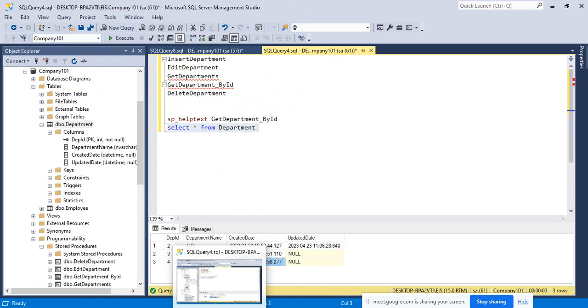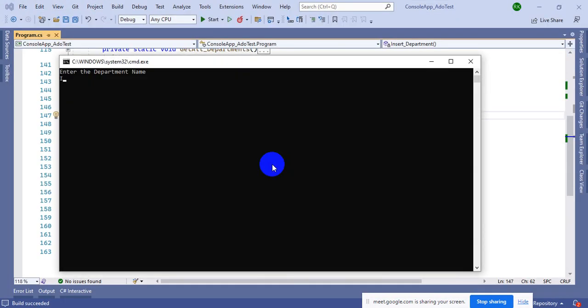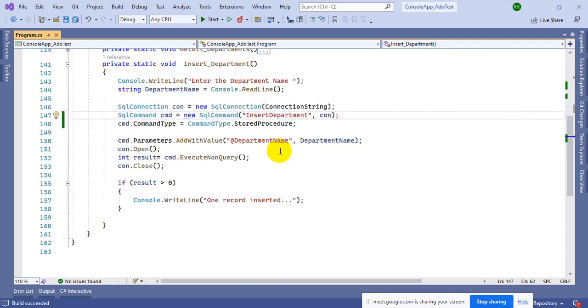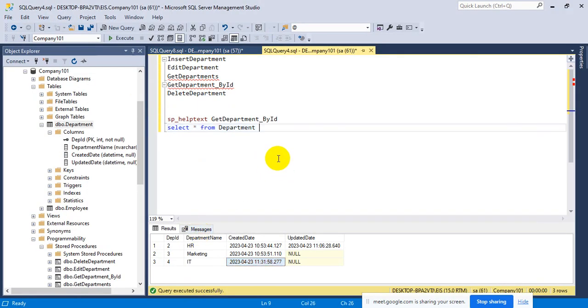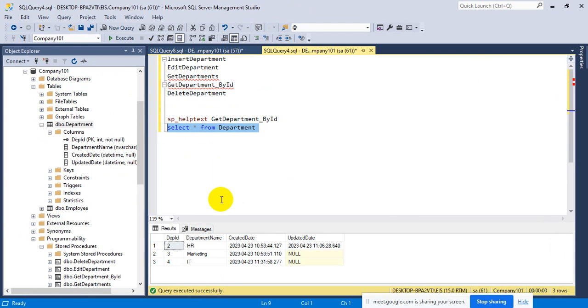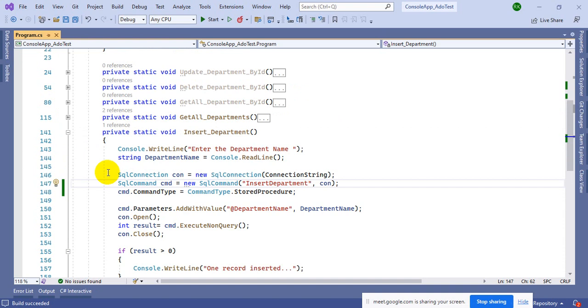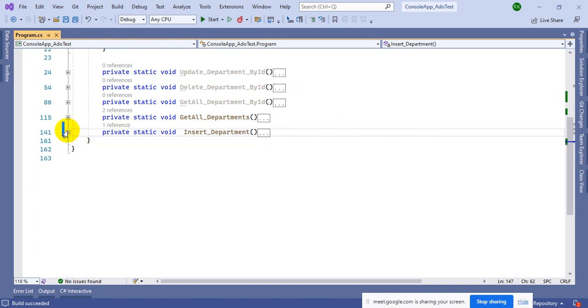If we again run the program and try to execute the same and try to give the department name as IT, so it is not giving anything because we have not handled for the message 2 that we are returning, but it will not allow to insert any duplicate department. So if we want to handle all this, then we will have to make some changes in our code. So I will be telling you. So in this way, you can